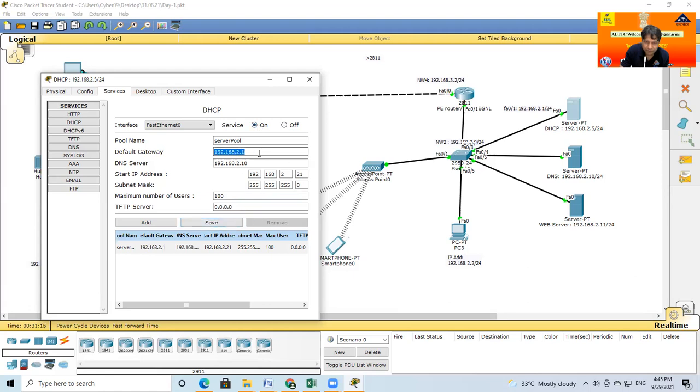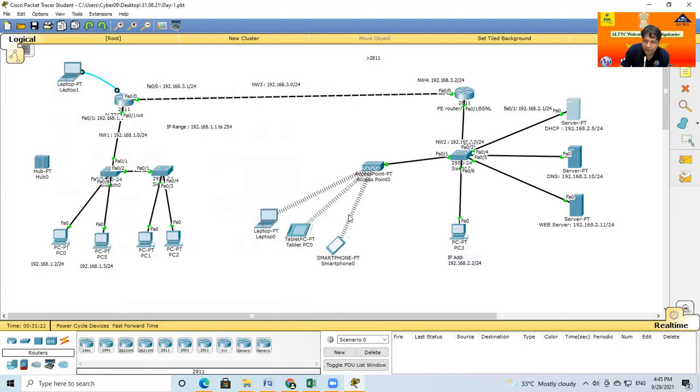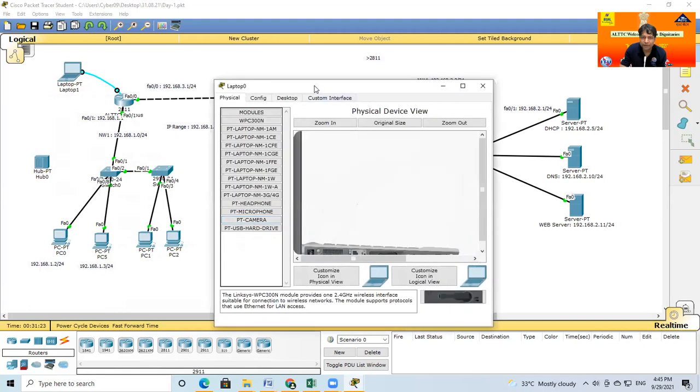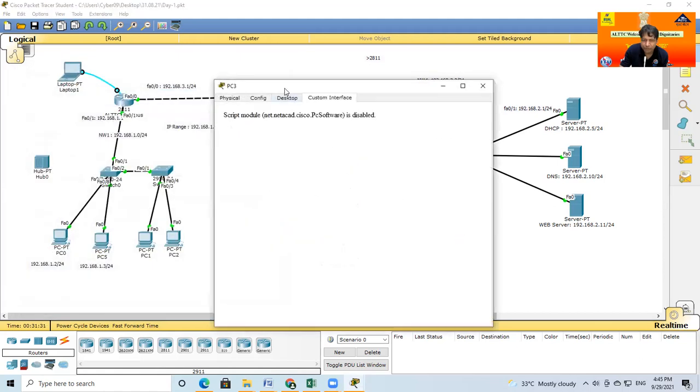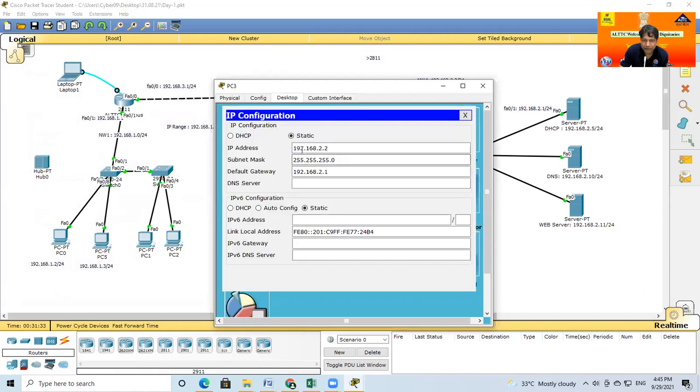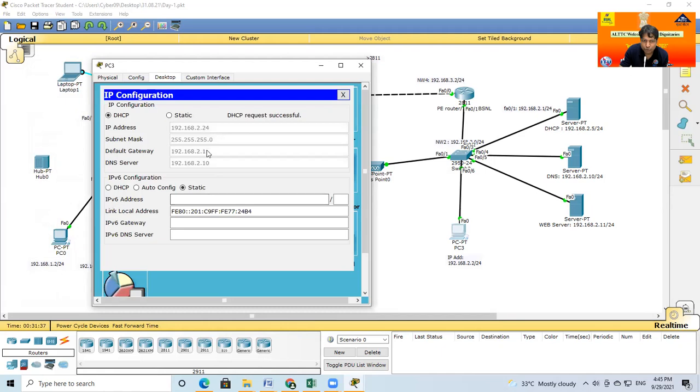First, in the configuration, the service is already on by default. So my DHCP is ready. If I click my laptop and go to the desktop, by default IP 22 is allotted here, because it is automatic. Suppose on this computer I click, this is static, I click automatic, so what happened here? 224.